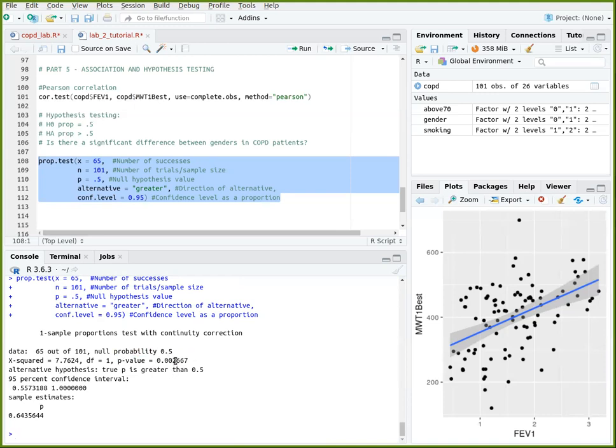The p-value is very low; it's below 0.05. So we can reject the null, and we can accept that there is a significant difference. There is a significant difference between genders in COPD patients, in that males are more likely to have COPD